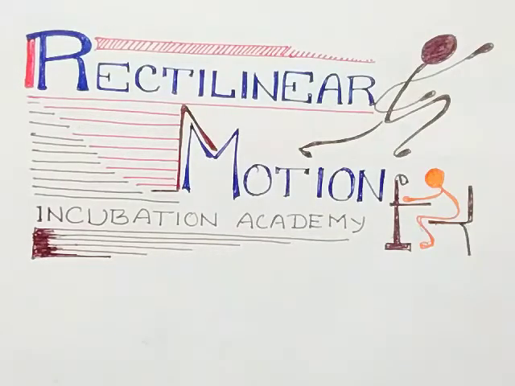Linear motion along a straight line. In the previous video we learned how the reference point influences the motion of an object or a particle or a body. Basically, the reference point denotes whether something is at rest, moving away from it, or approaching towards it. Depending on the reference point, the motion becomes different.